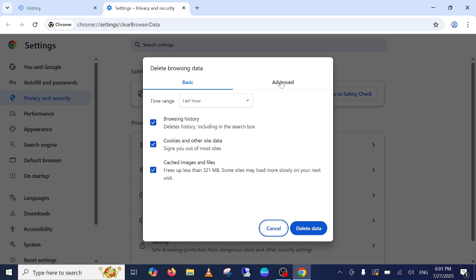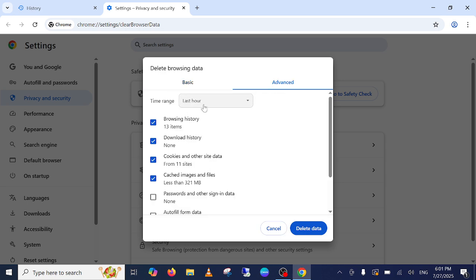Go to advanced, click on last hours, then click on all time. So this is a range where you can select the particular date and time. Let's say you want to delete your last 24 hours, you can select that. If you want to delete the last 7 days, you can select that also, but I'm going to select the